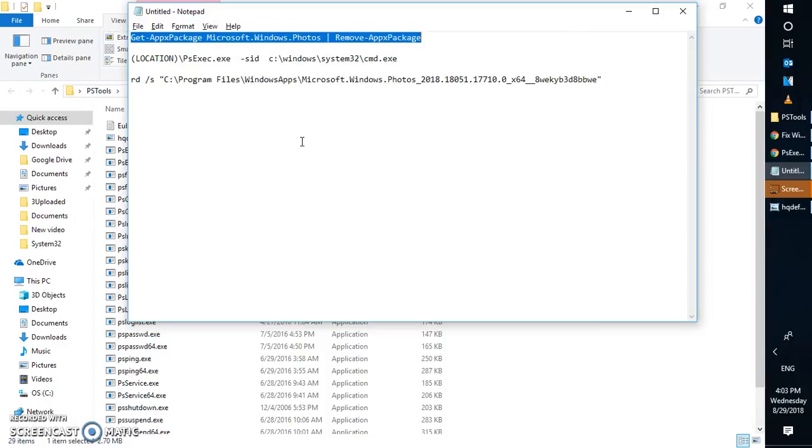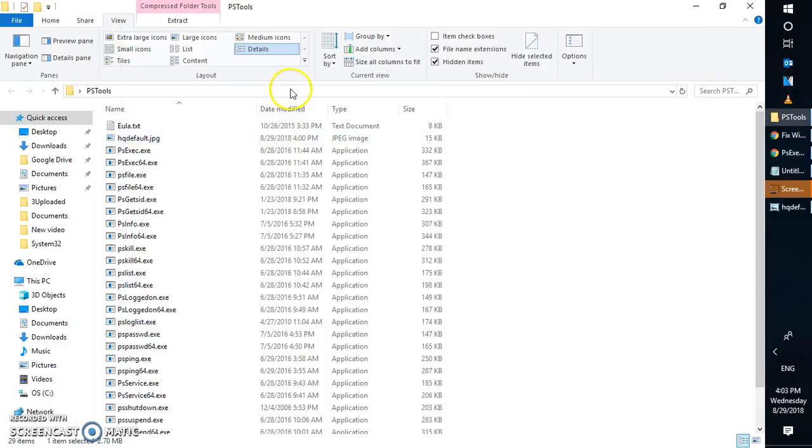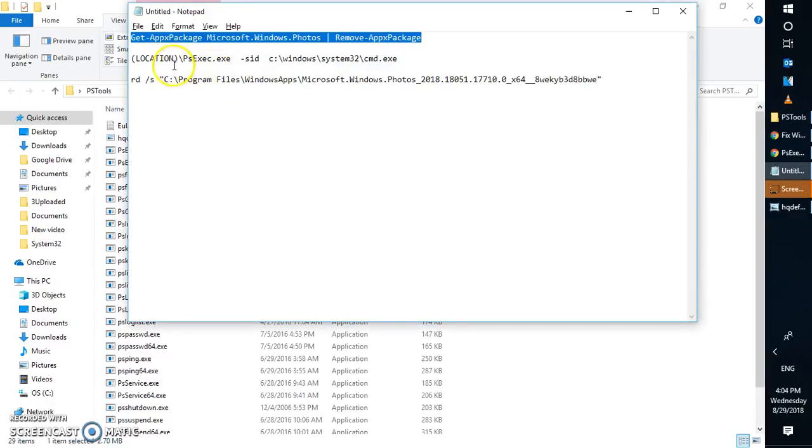The next thing you will have to do is copy the location where you have extracted your PS Tools. Normally, if you save it in your downloads folder or on your desktop, it would be under C, Users, your username, and your desktop. And if you have created a folder, it will be under PSTools. In my case, I'm going to copy this location, go to this notepad where I have all my command